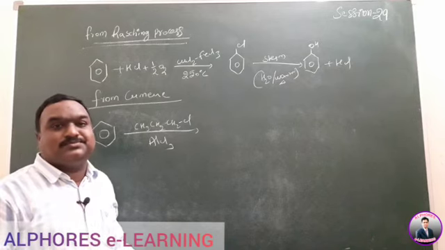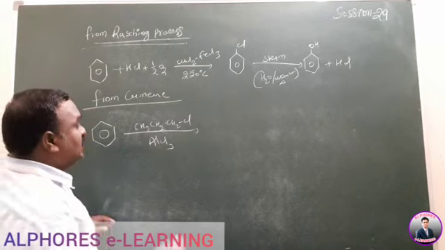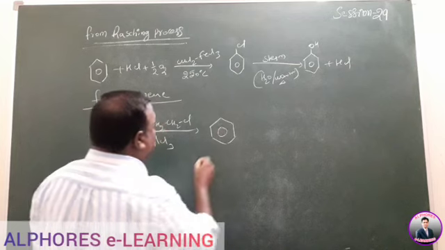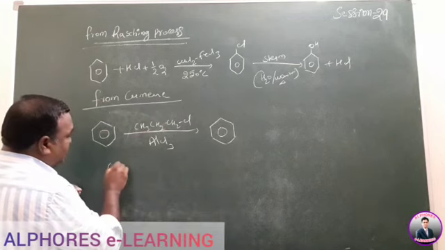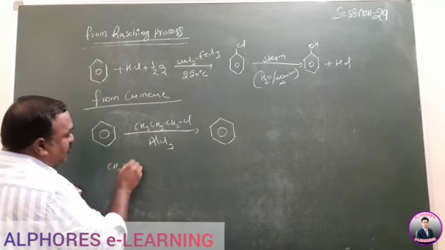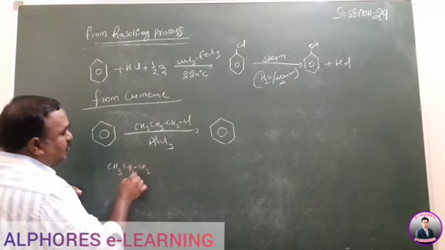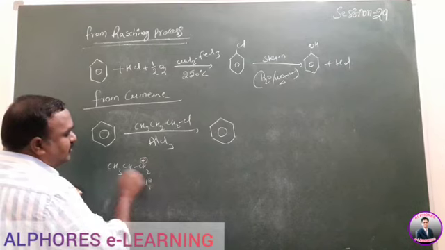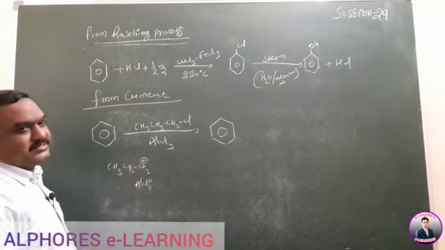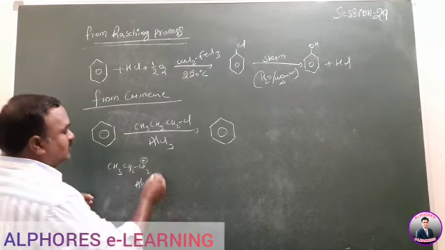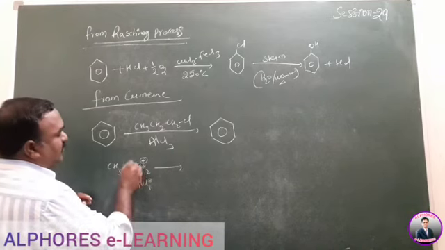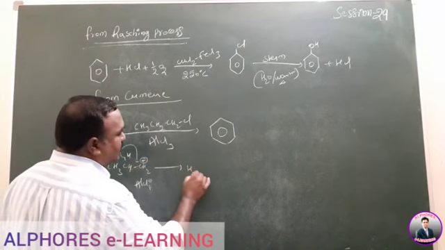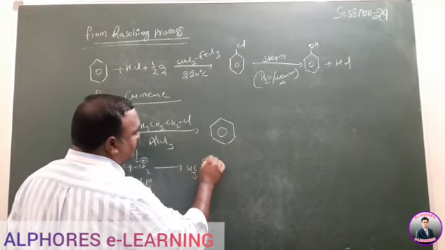Here alkyl halide is given, that's why it is called Friedel-Crafts alkylation reaction, an electrophilic substitution reaction. The H plus is substituted by R plus, which means the first step is removal of Cl. After removal of Cl, a carbocation intermediate is formed. The one formed is primary. Migration is possible. The less stable carbocation converts into a more stable carbocation.